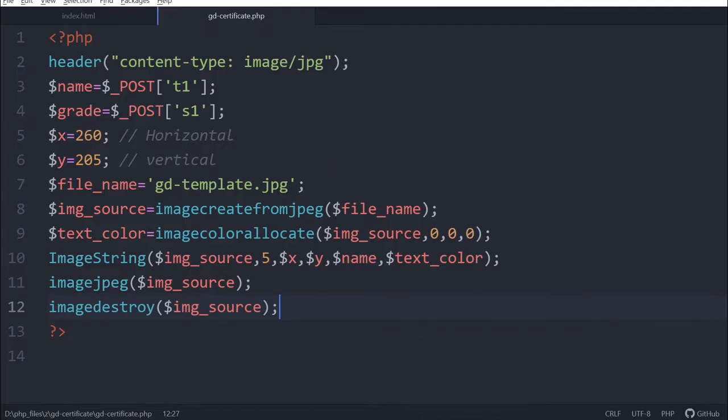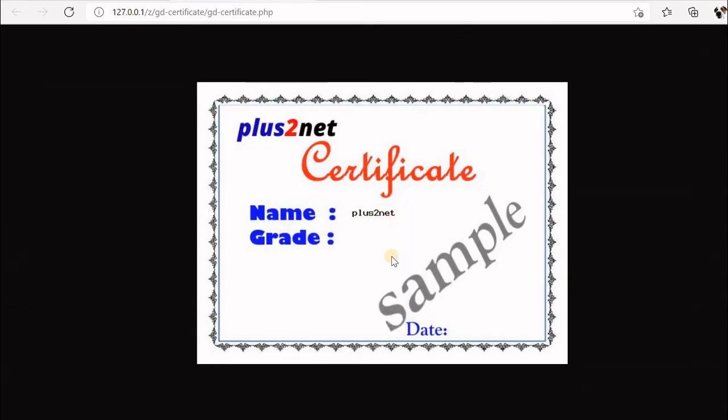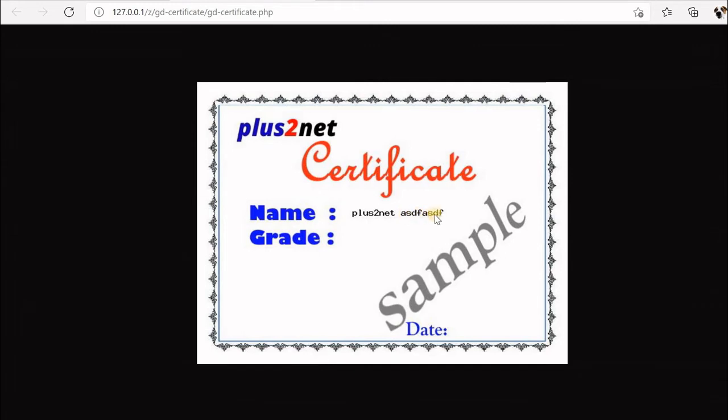Let's go to our browser here. So this is the form. Let me just submit this form. Yeah, you can see the name has come, and the rest, grade and date, we are going to code next. A new window opened, so I can close this. Let me try to change this one a bit. Grade, okay, it doesn't matter because so far we have not gone to anything, so grade will be blank. Now this new name should reflect. Yes, you can see the new name is reflected. This is how we have added it.